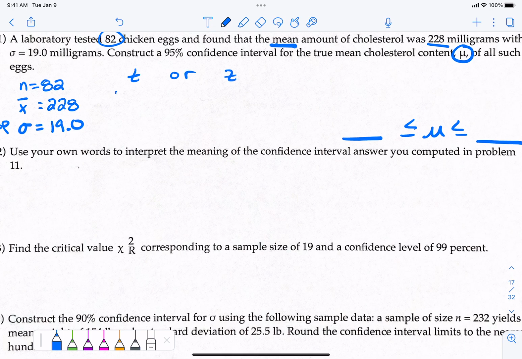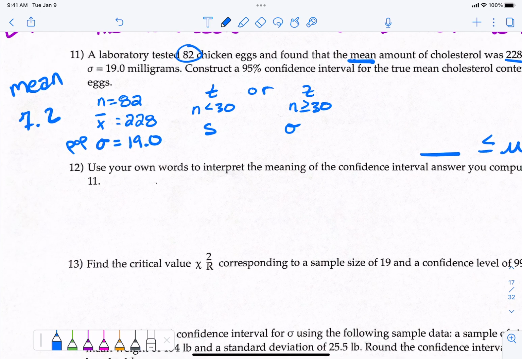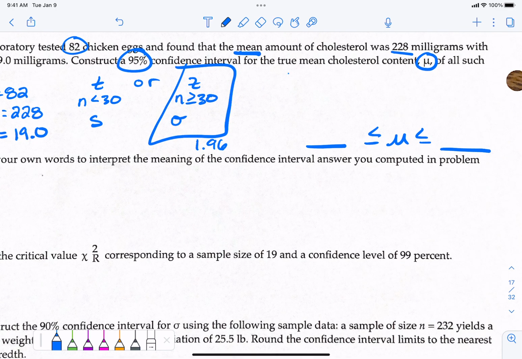Again, T is n less than 30, Z is n greater than or equal to 30. And this guy is this one and this guy is this one. So you're going to use T or Z? Sigma, so you're going to use Z, and what is Z for 95%? 1.96. Okay, so we need to find the error, which is 1.96 times